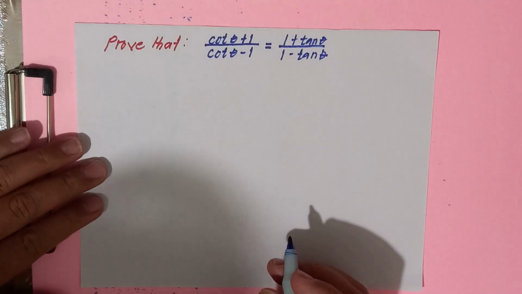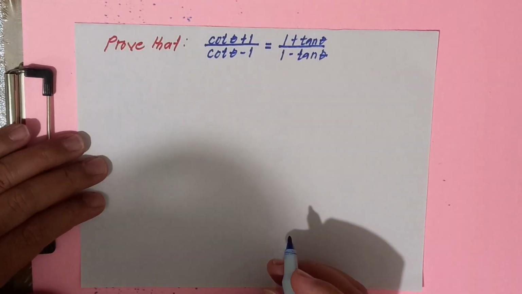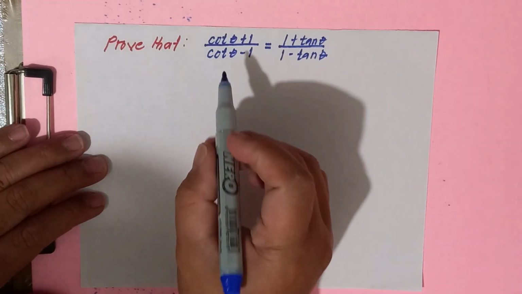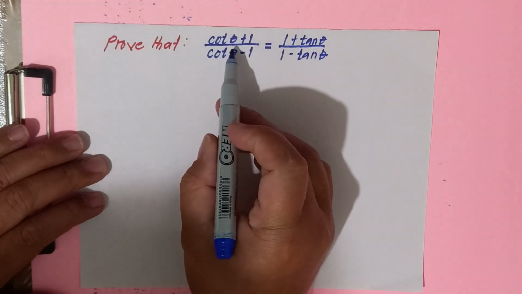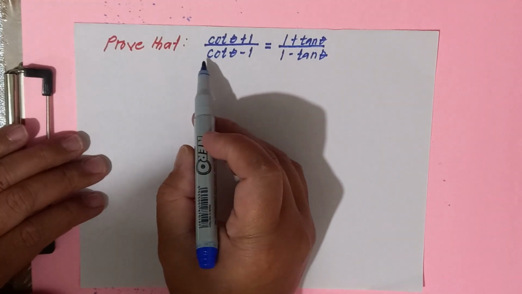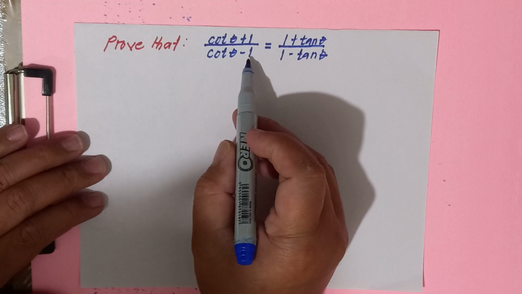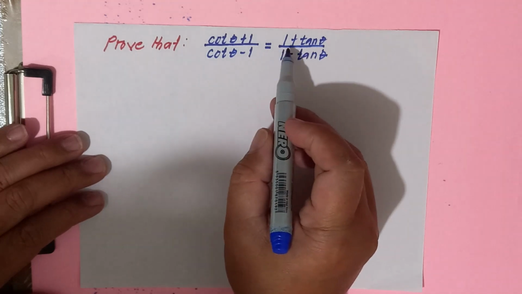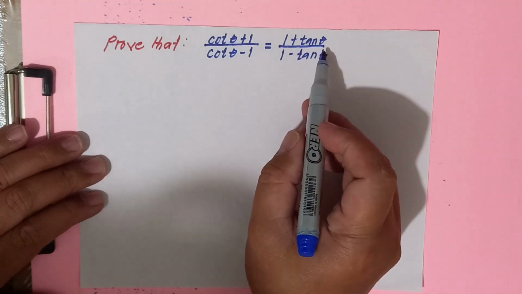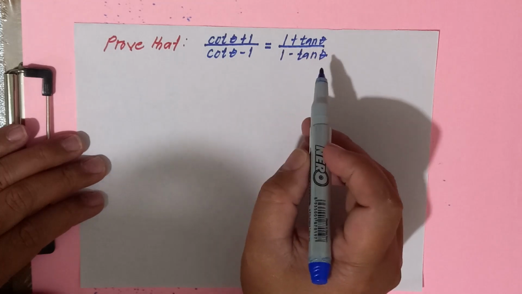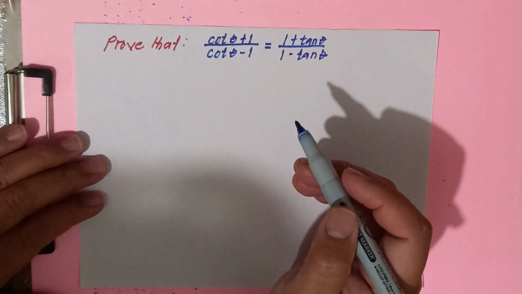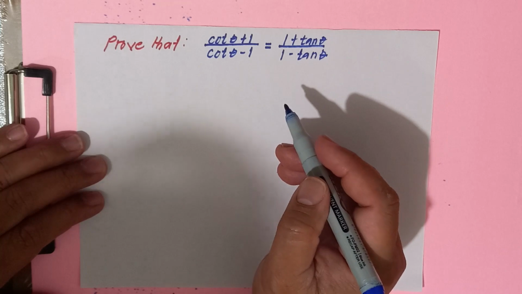The next problem that we are going to solve is to prove that cotangent theta plus 1 over cotangent theta minus 1 is equivalent or equal to 1 plus tangent theta over 1 minus tangent theta. Now, how are we going to do this one? We will be